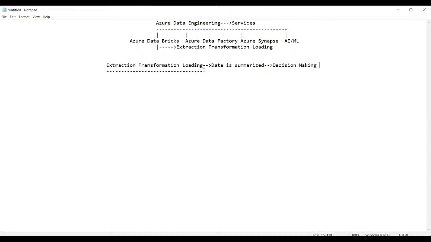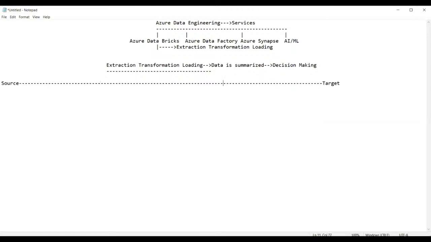So this process of extraction, transformation, and loading basically requires the following: a source and a target. Now, what is a source and what is a target?